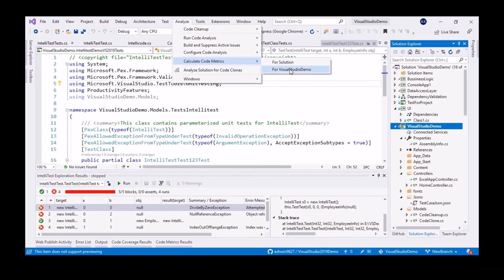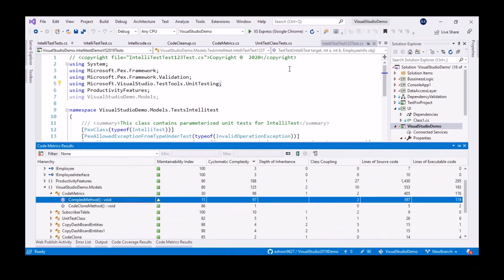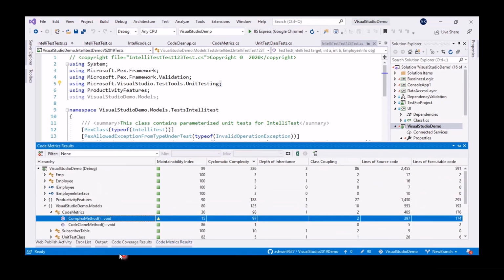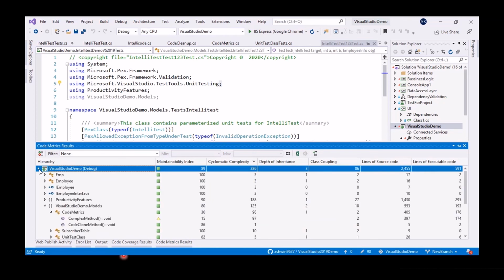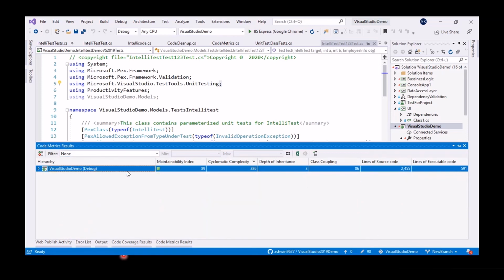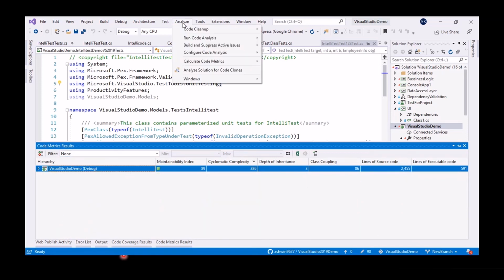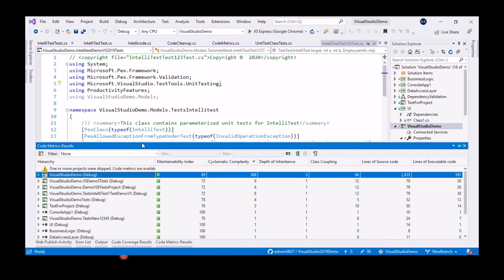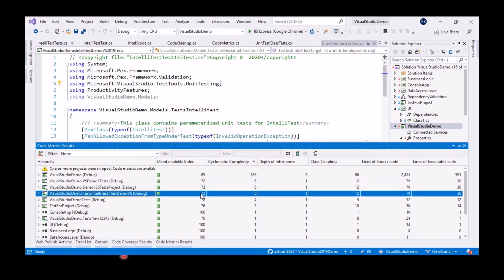Now I'll show you how to do it for a project. Select it and you can see only one project is there. Inside this project, namespaces and methods are there. So this is how you can use it at the project level. We'll show it for the solution level. In a similar way, if you choose solution, as you can see, all projects have been loaded and it gives the values here itself everywhere.